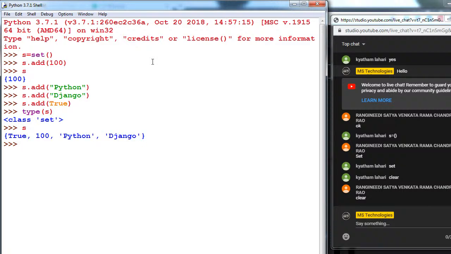It will print in some different order, and here we are not getting proper order. First we are getting True, next 100, next Python, next Django. True, 100, Python, Django, like this we will get. These are the elements which we added to the set. Right? If you want to add a single element